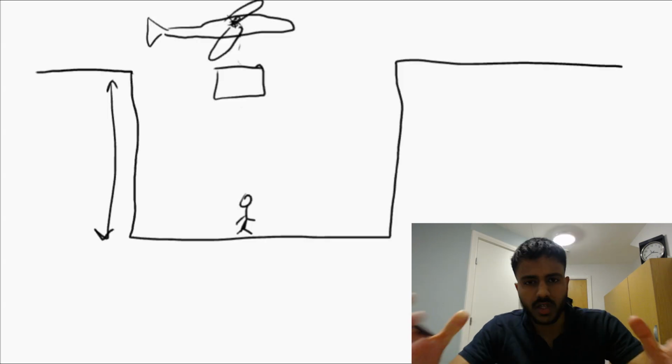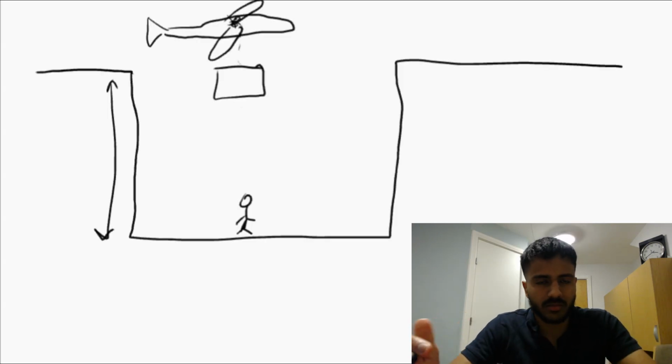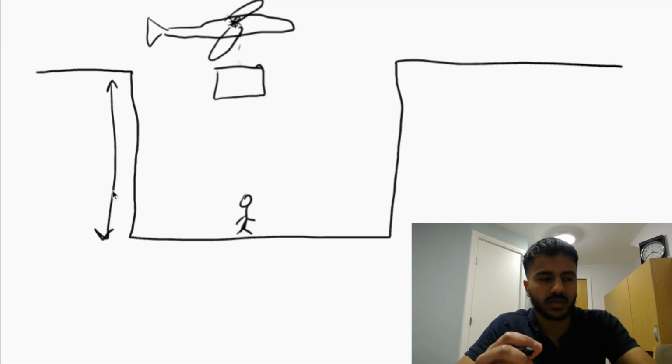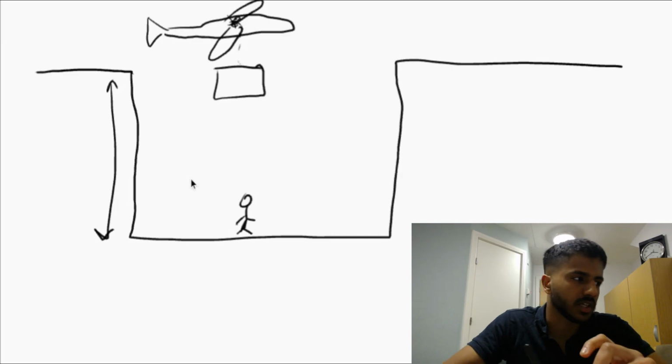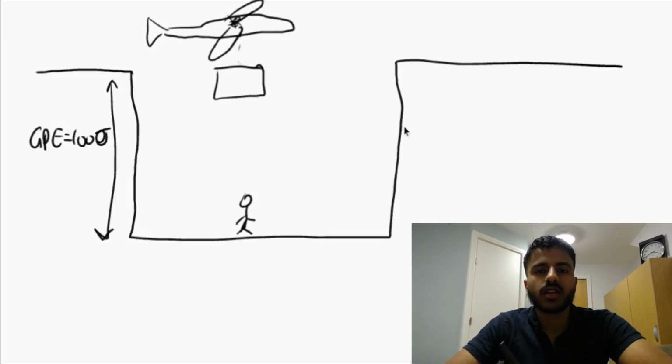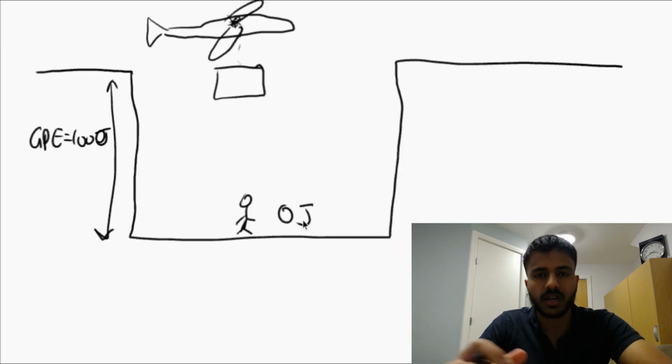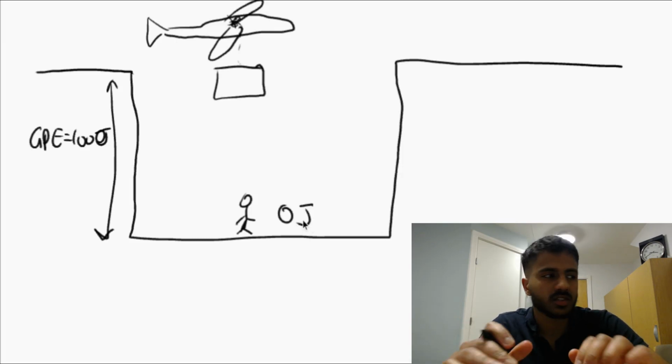a little analogy. So let's say you're stuck in this hole here, and this hole is of some height, and we know that the gravitational potential energy required to get out of this hole is equal to mgh. So let's say the gravitational potential energy was, let's say 1000 joules. You needed 1000 joules to get out of this hole. And you and your body currently, you have exactly 0 joules. And obviously, that's not realistic, but let's just say in the case you have zero energy to use to jump